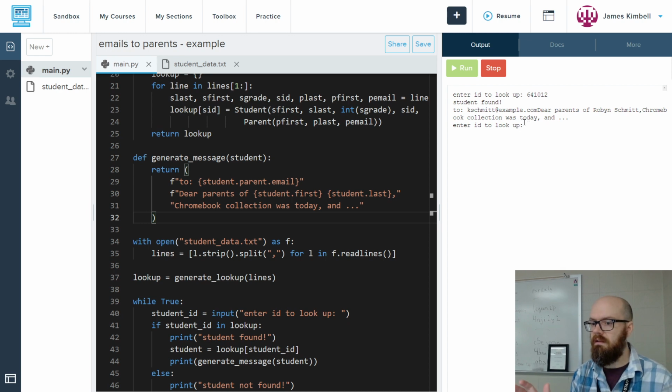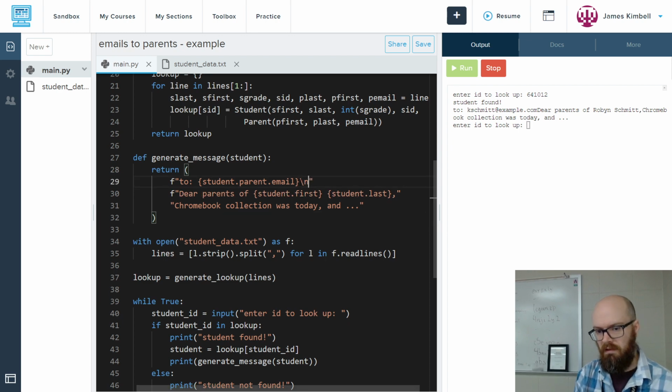641012. Hey, look at that. They did combine, but I don't want them to be that squished. I want them to have a line break in between. So I'm going to put our classic \n character, the line break,